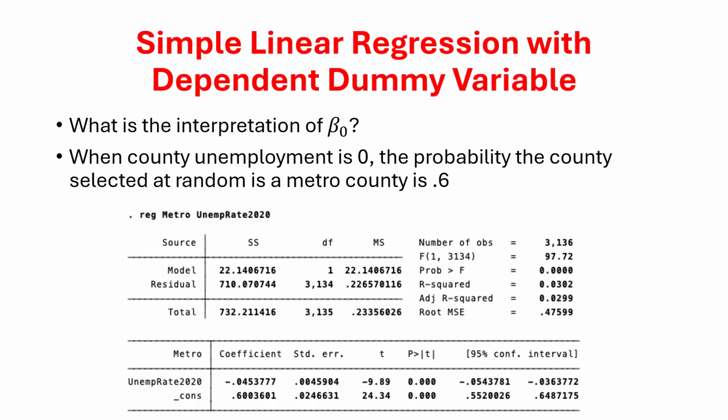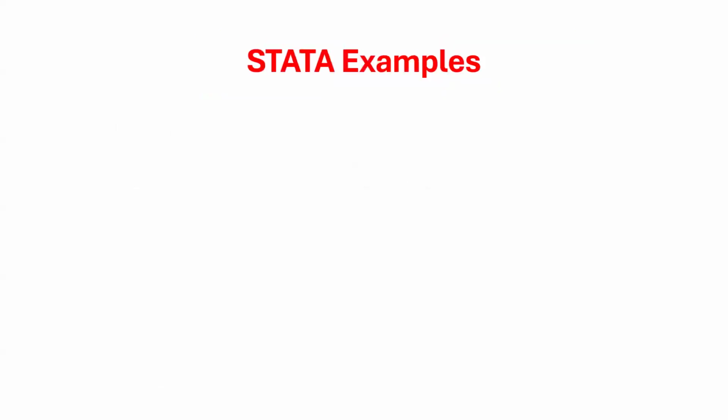We will go from simple linear regression, where we might start thinking, of course our R squareds are going to be pretty low. We're only using one variable to explain Y. So once again, here, how much of the variation in being a metro county does the unemployment rate explain? Only a proportion of 0.03, so 3%. Well, it's because we're only using one variable. So what do we want to do? We want to use multiple variables to try to make our prediction. That's going to be down the road, right? That'll probably be next Thursday's class.